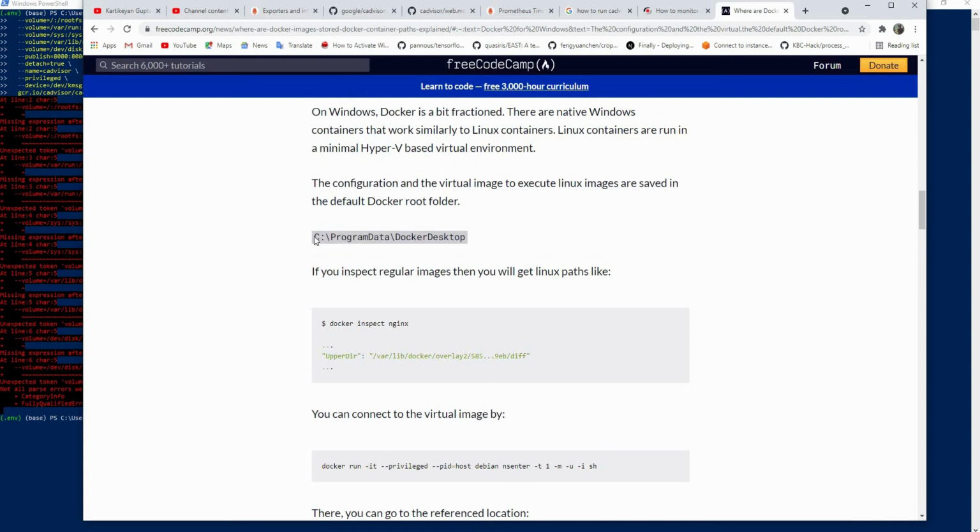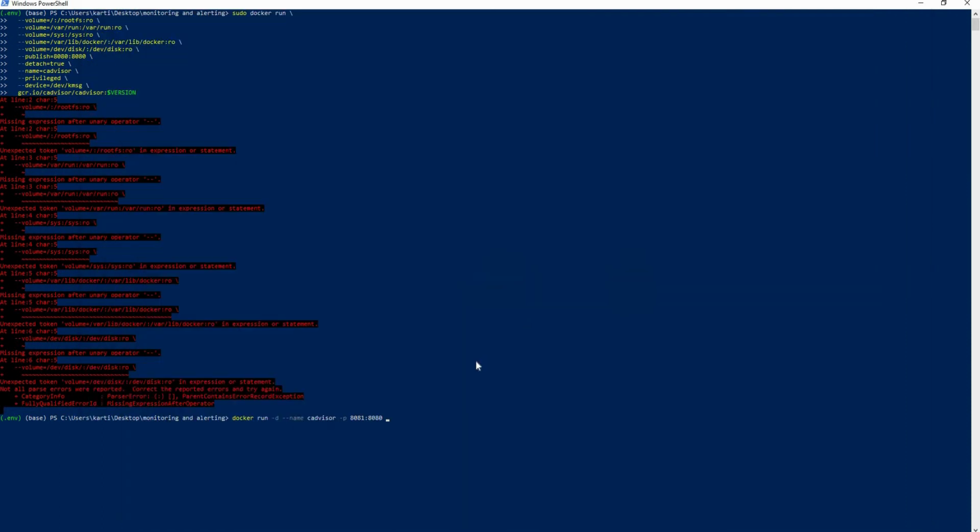Let's see. There you go. So I'll bind with -v, give this internally to this, and this is read only. Let me check what else I can give.